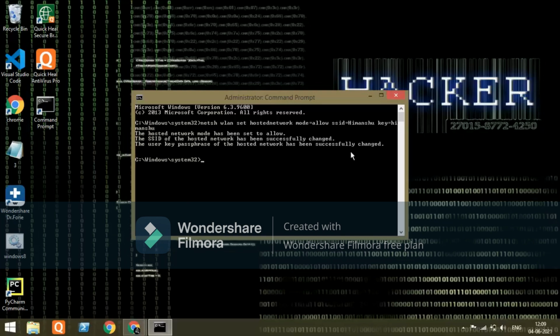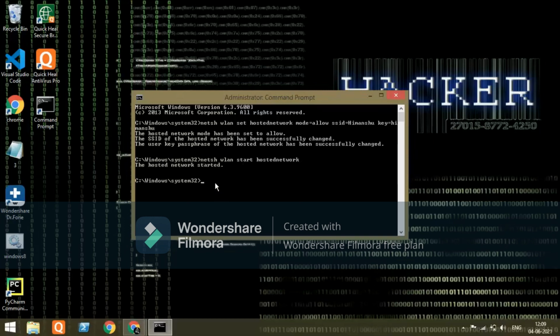As you can see, it has been successfully changed. Now you have to type the command to start your hosted network: netsh wlan start hostednetwork. Now the hosted network will be started. As you can see, the hosted network is started.